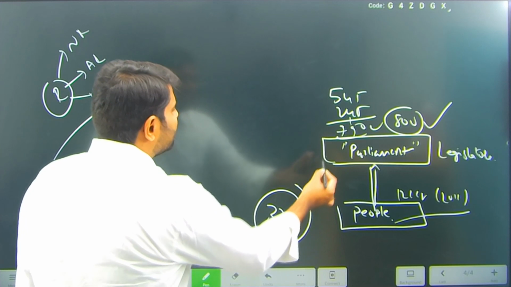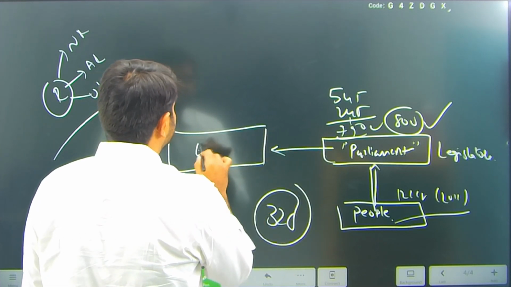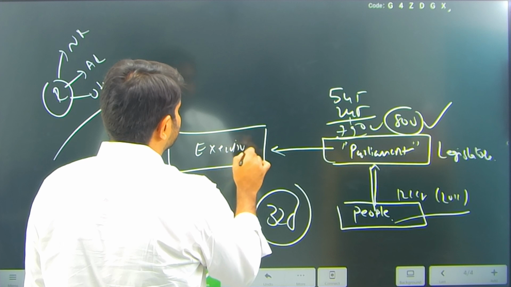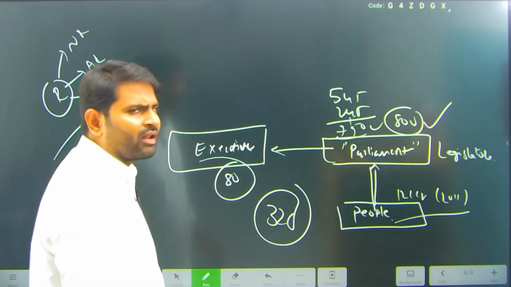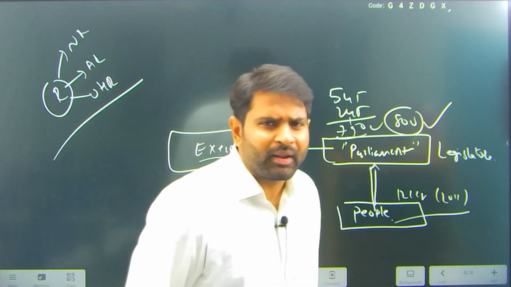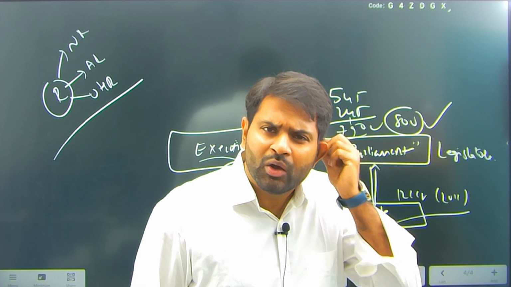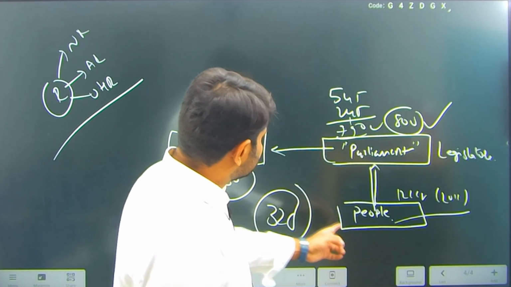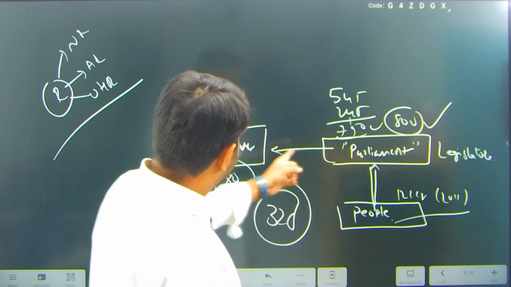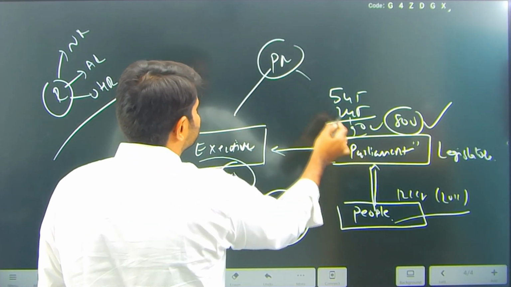Because of which they will give power to the government, that is called the ministry, that is called the executive. In and around 80 members will be there. Just 80 members. Prime Minister Narendra Modi, Nirmala Madam, Nitin Gadkari, Dharmendra Pradhan. These are the people who are directly administering the country, right? Can you see this? People gave power to parliament. Parliament gave power to the executive. We have the president over here in a triangular relationship.